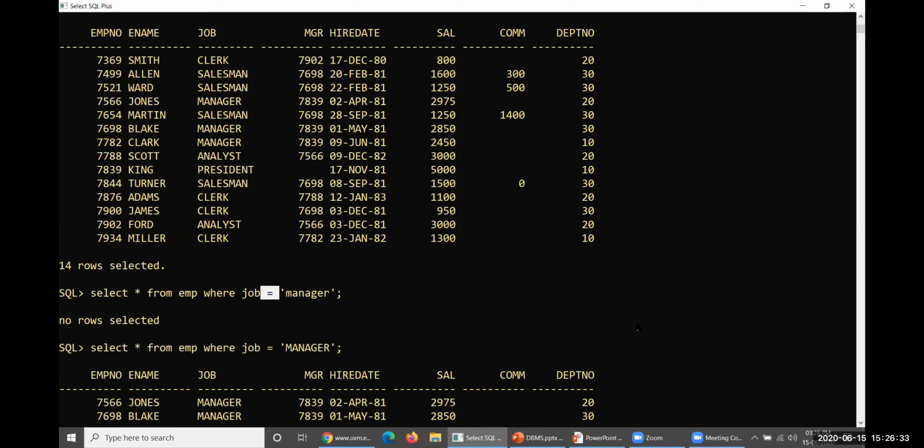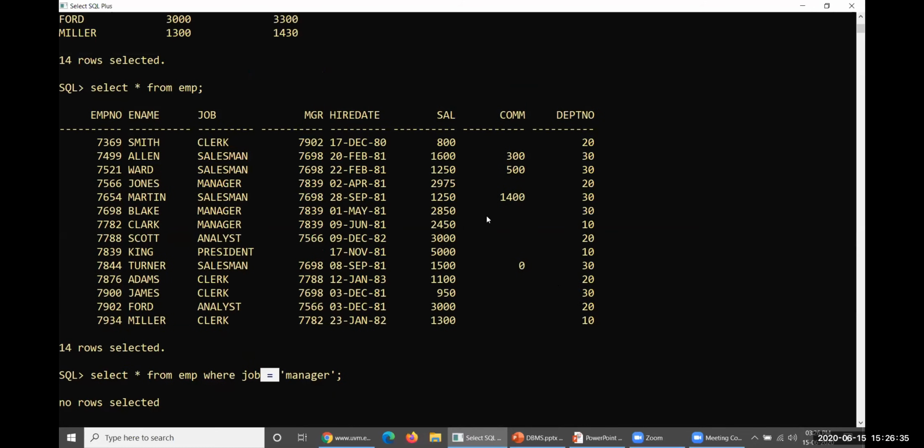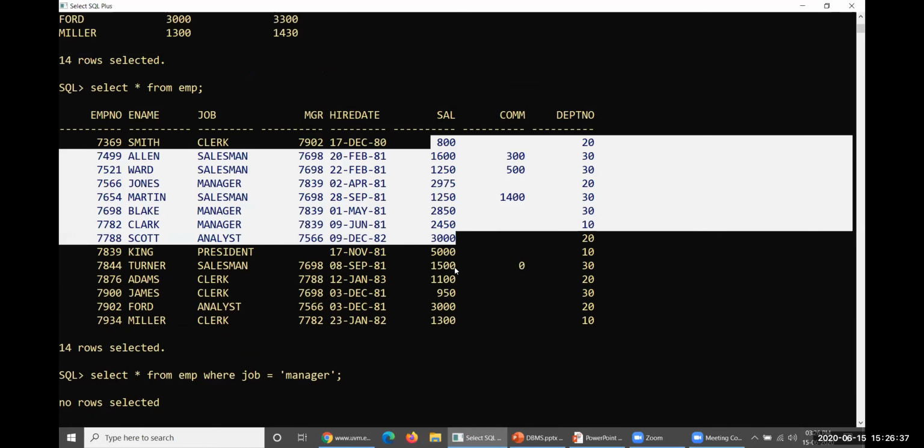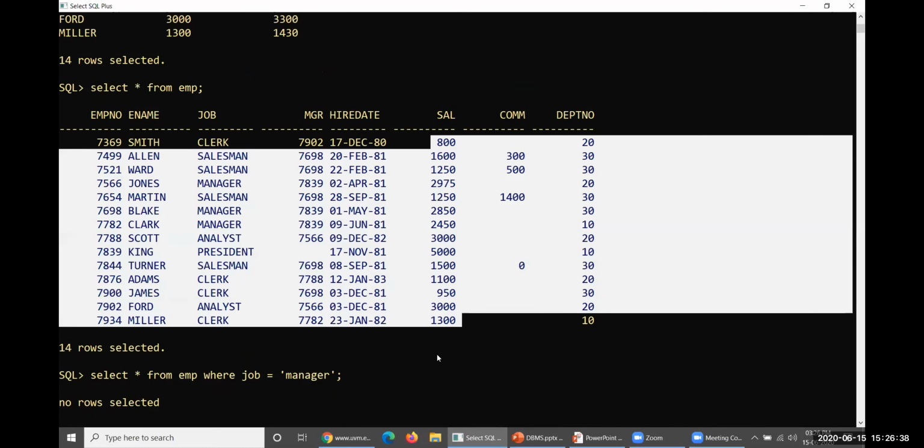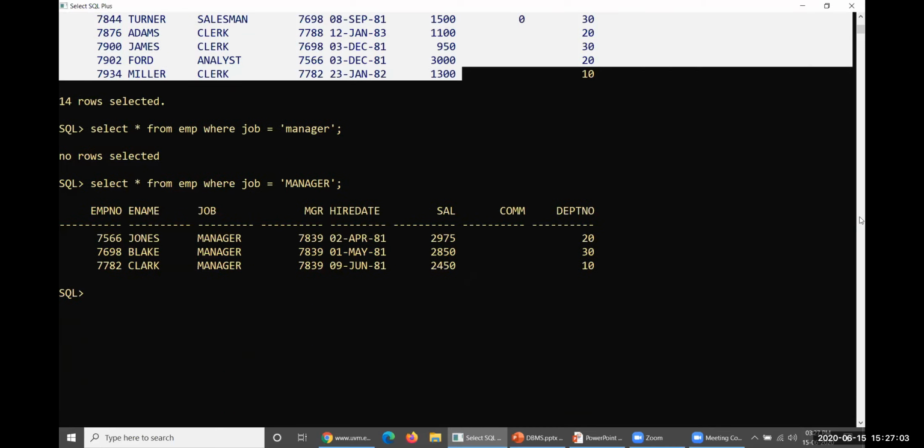My question is, here many salaries are available. I'd like to display the details of all employees whose salary ranges between 1,000 and 2,500. Hope you understand my question. Display complete details of all employees whose salary is between 1,000 and 2,500. So let me do that here.